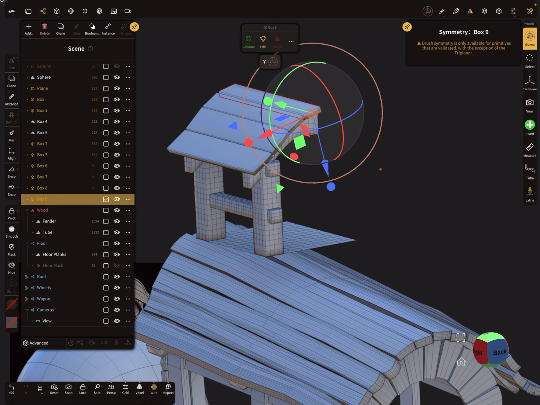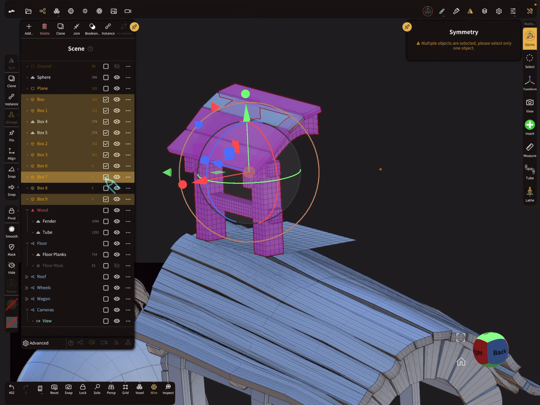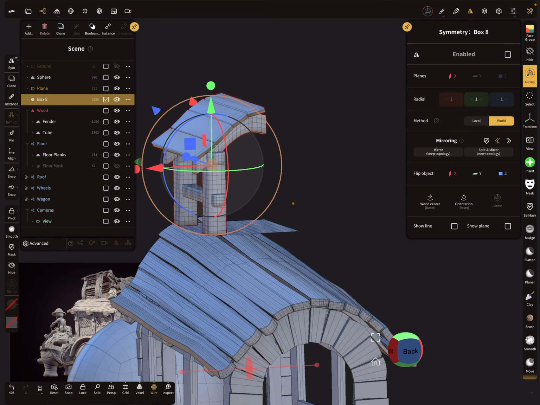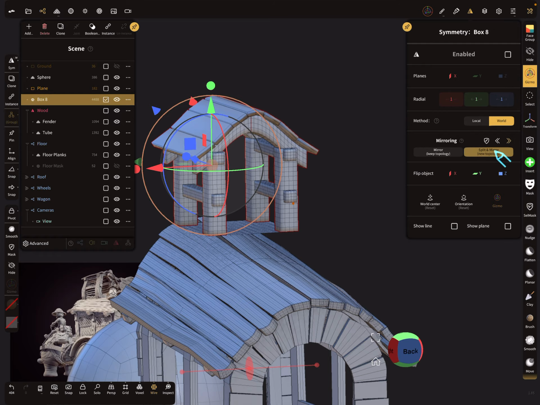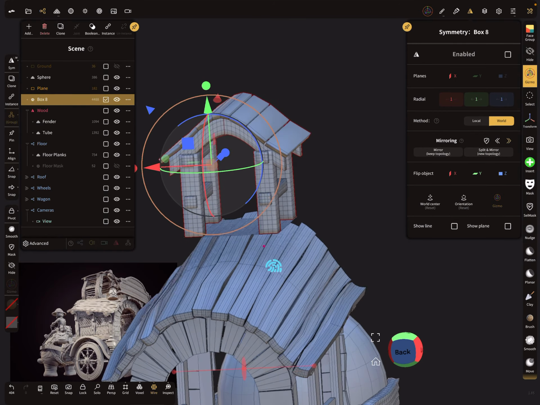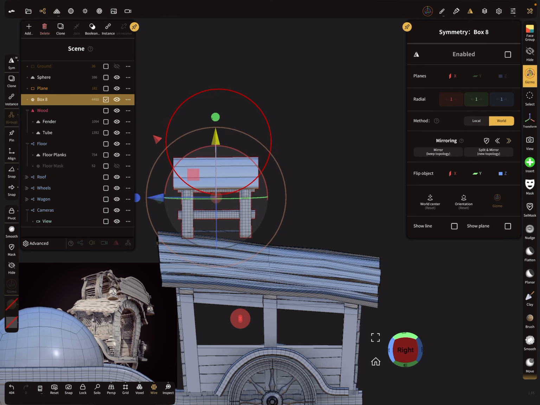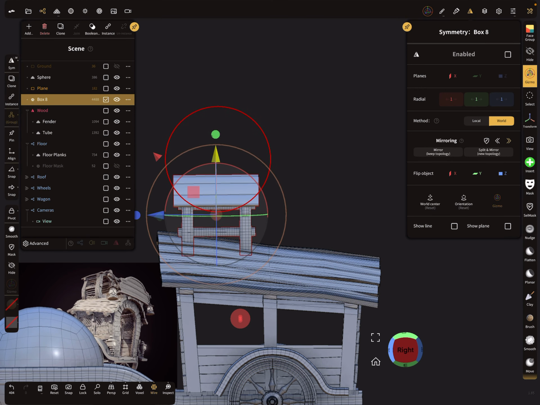So I select now the whole thing here. I join it. I use the world symmetry and I mirror it from here to here. So now I bring it in position.